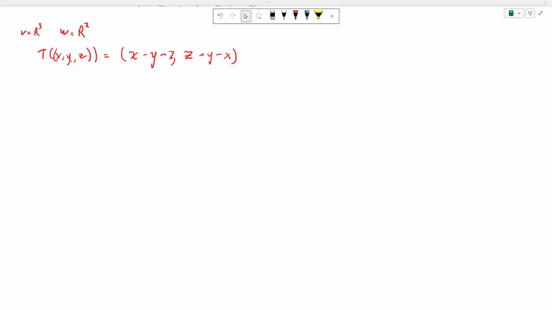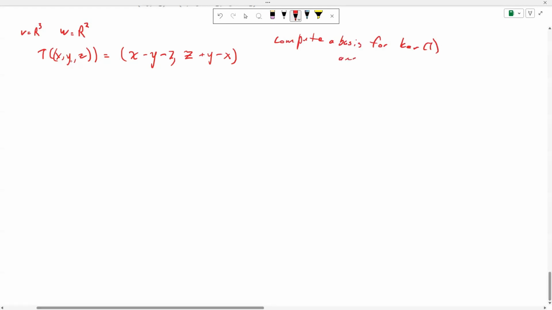So we're given this linear transformation and we're asked to compute a basis for the kernel of T and the image of T. To compute these two bases, we're first going to create a matrix representation. In that matrix representation, we can use any set of basis vectors as our input and our output. Because we can use any set, we're going to use the standard basis for alpha, being E1, E2, and E3,